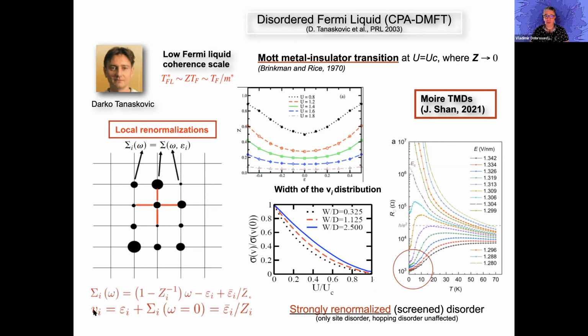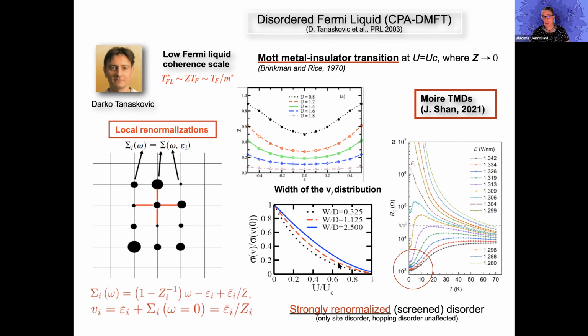It turns out that the variance of this potential, or the width of this distribution, is what determines the conductivity. And so here we plot the variance, or the strength of disorder, as a function of U. We are fixing the disorder and then increasing U. We ask, what do the interactions do to the disorder strength? And we find, surprisingly, that the disorder width, or the disorder strength, actually drops dramatically as we approach the Mott transition. So these strong correlations provide a very strong screening mechanism where the disorder is reduced or screened.